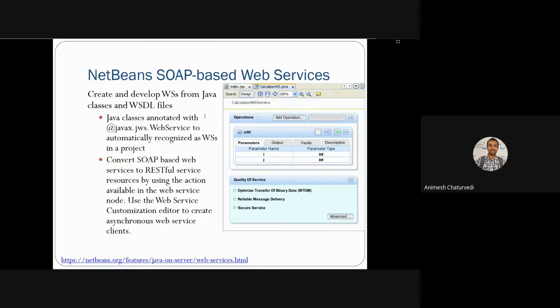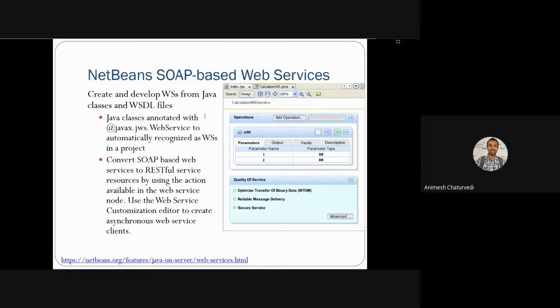Thereafter, you can convert a SOAP based web service to a RESTful web service as well. There are two types of web service as we discussed: SOAP based web service and RESTful based web service. The SOAP based web service can be converted to a RESTful based web service with the help of that IDE, and you have to manage those resources and actions available for the web service node.